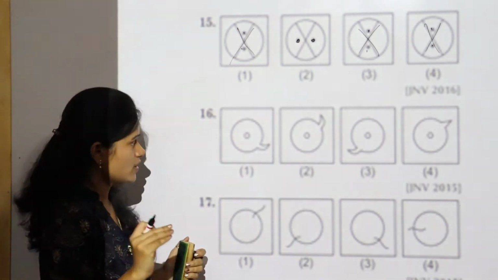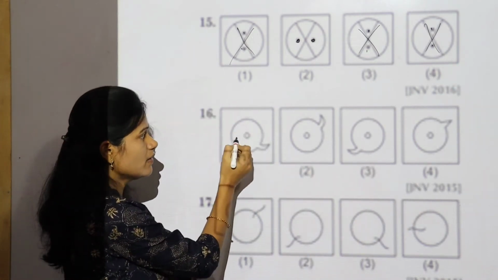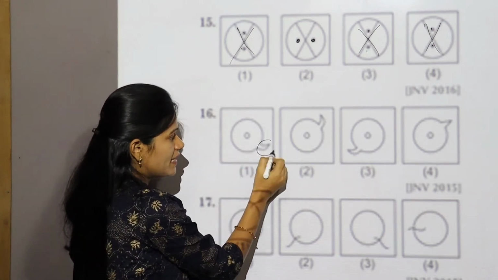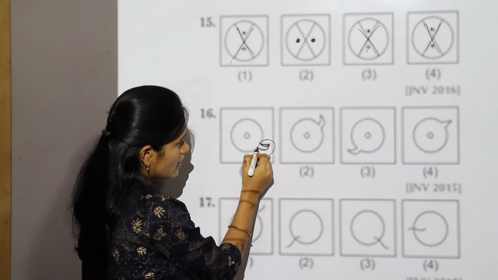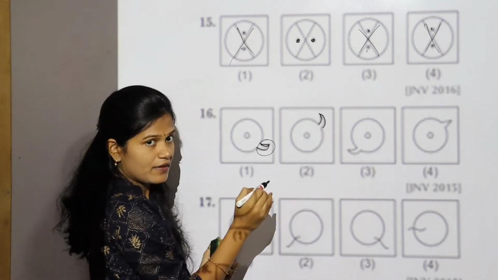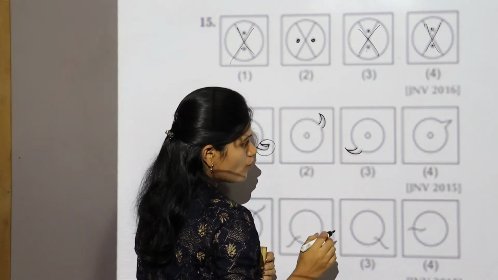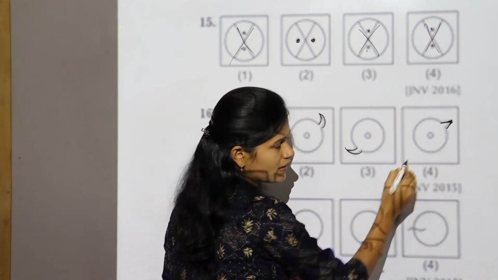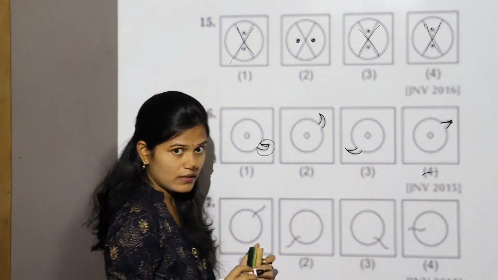Let's take 16th question. First you observe all the boxes carefully. All the boxes have a circle, a middle circle. Now see this curve cut. See this ending curve. The first box has a curve line. In the second box also a curve line at the end of the circle. In the third box also a curve line. But in the fourth there is no curve line. This is a V-shape cut at the circle. So which is different from others. So the answer is the fourth one.